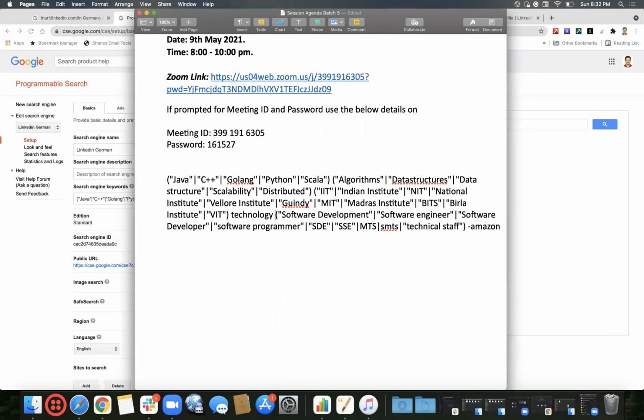Is there any key given for saving? No, we removed that keyword. Here we added JavaScript, so it was not allowing us. Then we removed Scala, then it was allowing us. Then again we added Scala, then it was allowing us. That means this is the maximum space we are able to receive.